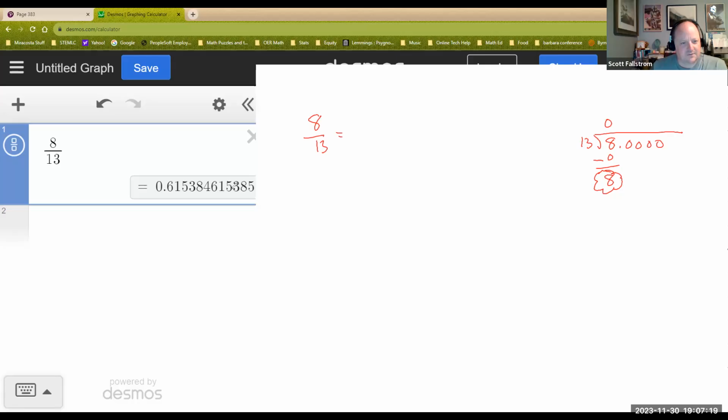615384, 615384. Ooh, so it does look like the 615384 and then a 615384. Okay, looks like we've got something here. So what you do is you say, okay, I'm going to go check it. I'm going to put my 8 down. 1, 2, 3, 4, 5, 6. I'll put an extra one, write it down on top,